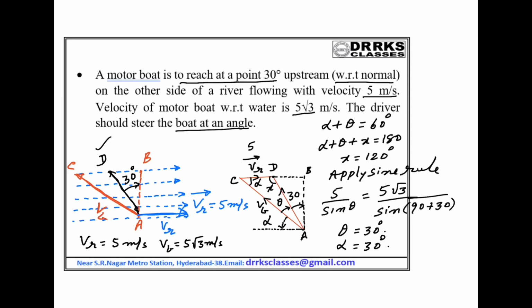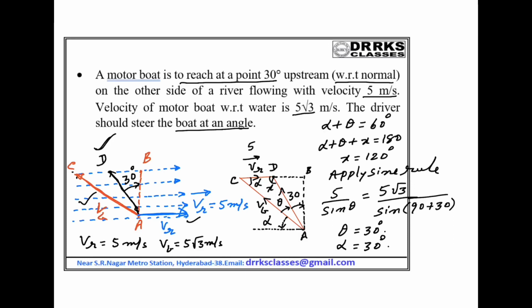Okay, it is a very simple problem. Look at this one. If VB is the velocity of the boat and VR is the velocity of the river, and we target C, you should reach the point D, so that AD is making an angle of 30 degrees with the normal AB. If you look at the triangle, VB and VR represent two sides of a triangle, and the closing side of the triangle is AD. Okay, you can apply that one.